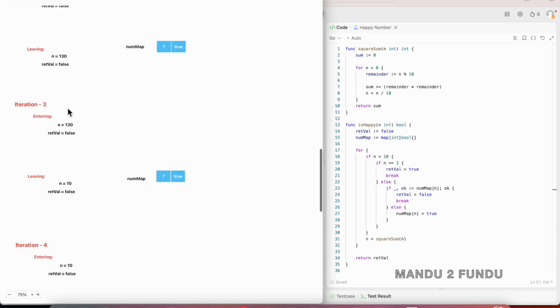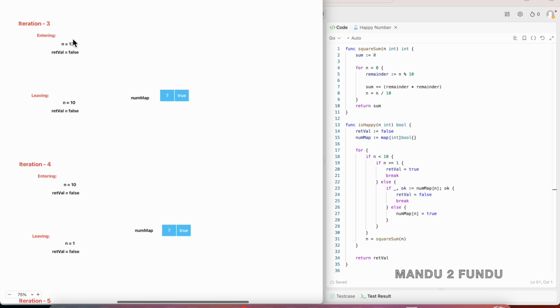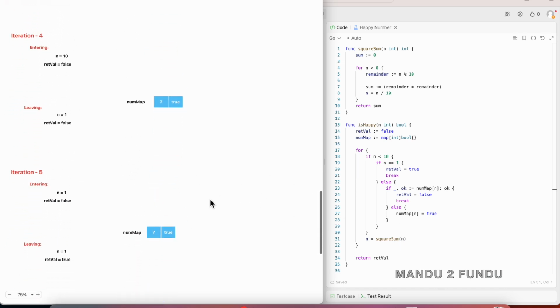Okay. And in iteration 3, 130 is greater than 10. So we again call the square sum and update the value. So now we get 10. 1 squared plus 3 squared plus 0 squared, so we get 10. And in iteration 4,